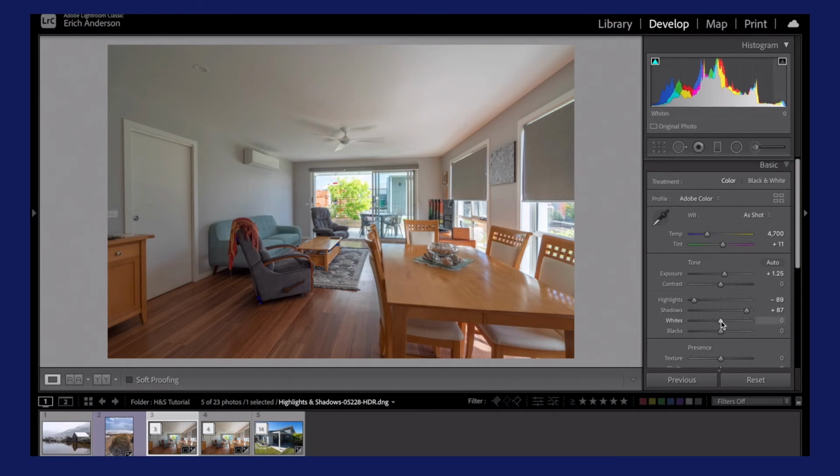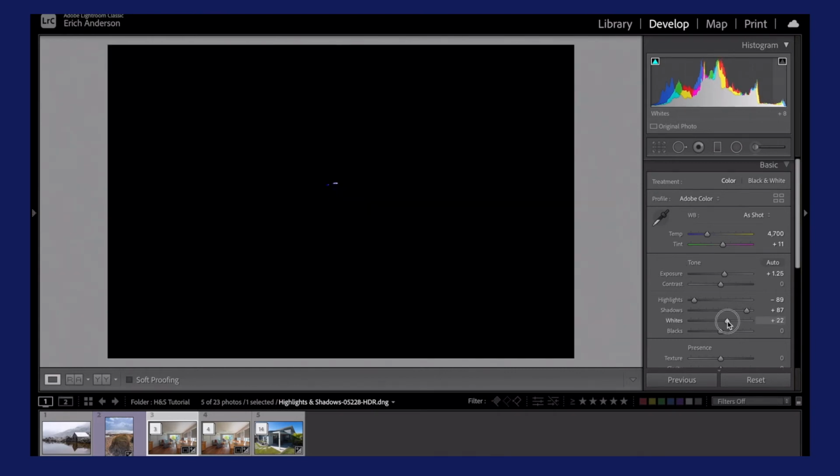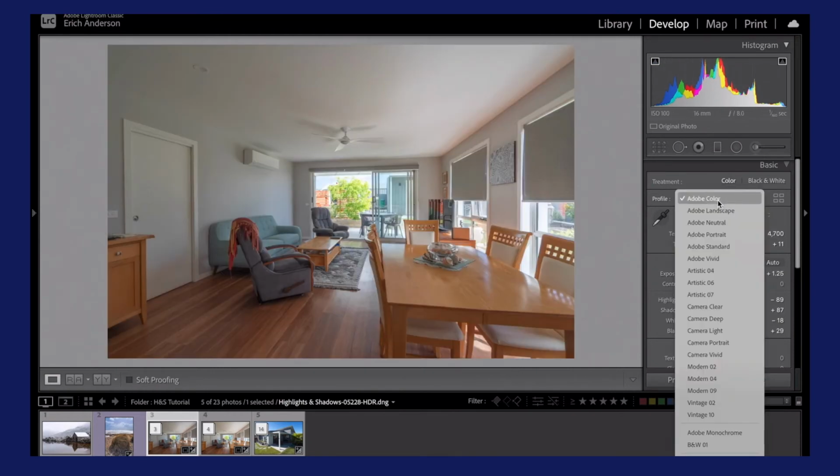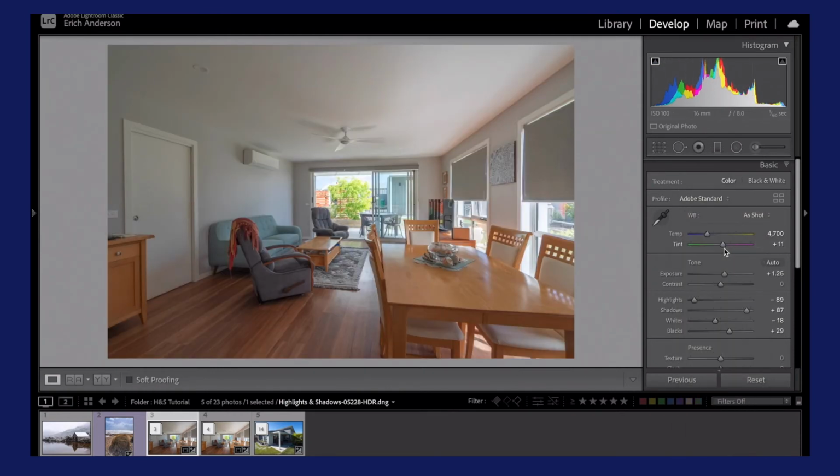We're going to adjust the whites. Let's just get rid of that. And we'll adjust for the blacks. I'm going to select Adobe Standard. Okay, now the image looks a bit flat, so we're going to add a bit of contrast, and there you go. So what we'll do now, we'll try and get a bit more detail back here,